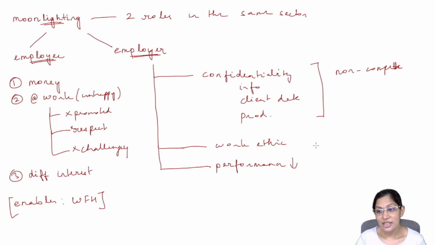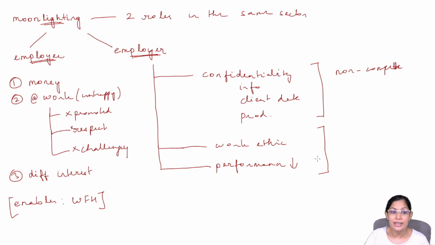The other things which are easier to handle are these, right? So why is it that someone is able to do two jobs? That means that person is either not respected, not feeling like they have a good career path in the first job, or they have that much free time. A lot of times, even these tech layoffs which are happening now, they're happening because companies went ahead and hired a lot of people when times were good or when they had access to a lot of investor funds, and some of these people might not have as much work now, right?